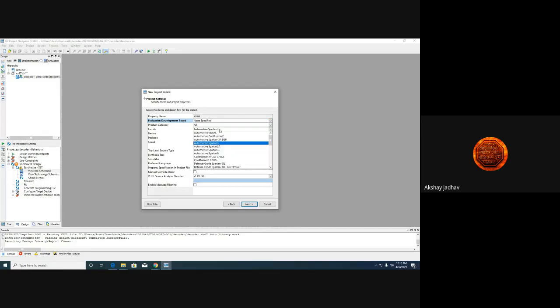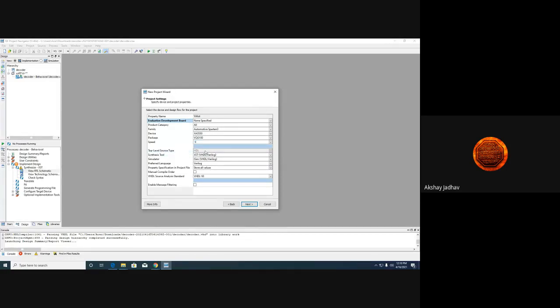The family you want to select, the device which you have with you, the package, and the speed. Whenever we are talking about Xilinx, we will come to know about only the Spartan kits, then CPLD kits.